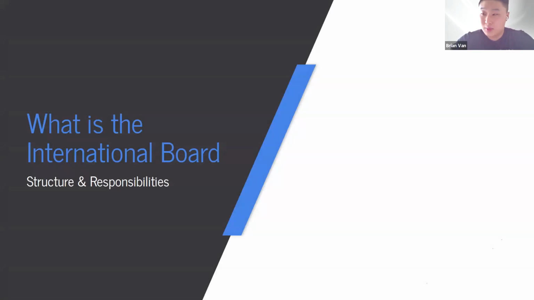So a little bit of what we're going to do in this first section. We're going to talk about what the International Board is. We're going to break down the general structure of what the positions within the organization are and how they flow against one another. And then we'll break down each team and highlight a few qualities that make them unique. As we go through these slides, it might be beneficial for you to see if your skills, your qualities, your passions fall in line with some of the expectations of the positions.